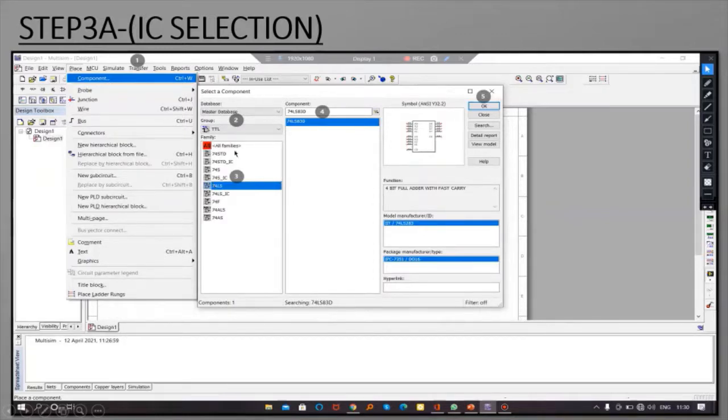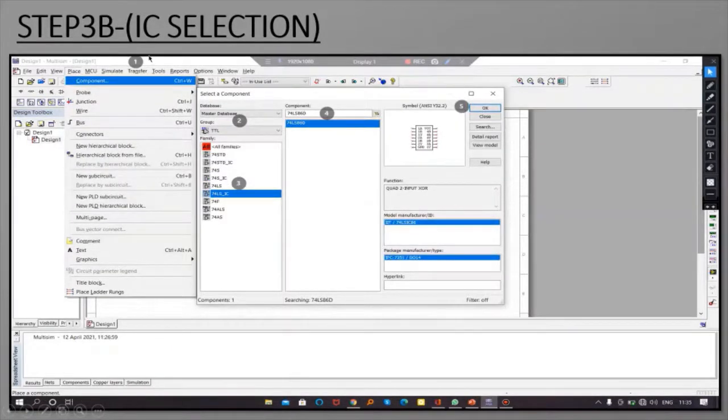From the family, you have to select 74LS and select 74LS83, which is an adder, a 4-bit adder. You can also verify from the function, it says 4-bit full adder. By verifying it, click OK.